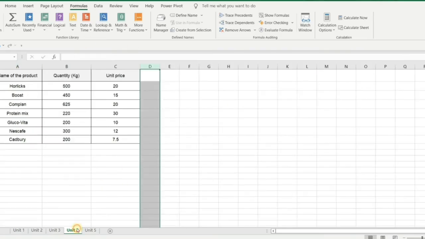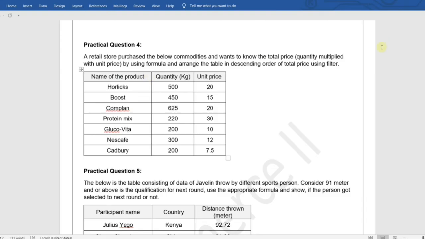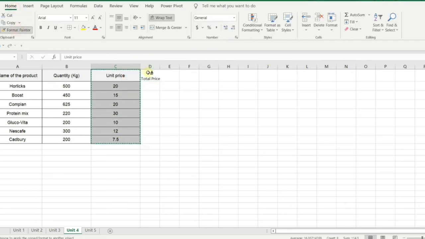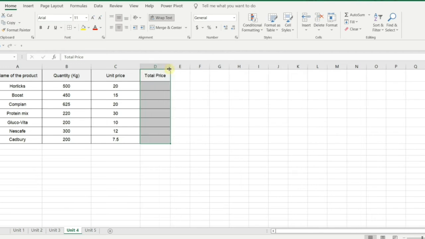So I'll go to this one. Now what I'm going to do is type the total price. Okay, how much they have purchased. Before that, I'm making it for presentation purpose. So quantity, how much quantity we purchased, into the price per unit, right? This is what we are going to do. So the multiplication we are going to do in the total price.